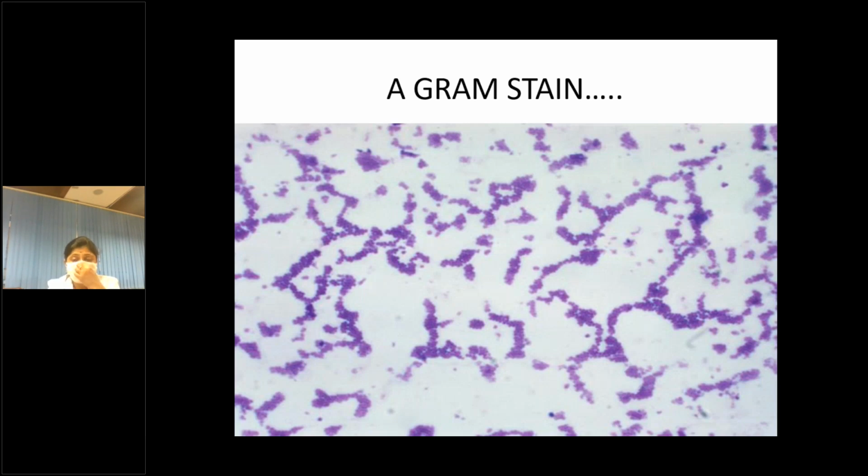Now, even if you do not raise a form for microscopy, a gram stain is always performed on the sample to get an idea regarding the presence of pus cells. Not only pus cells, but also the type of organism that may be present: it could be gram positive, gram negative, fungal elements, or acid fast bacilli. By and large, these are the major organisms that we look for during a wet mount or a gram stain.